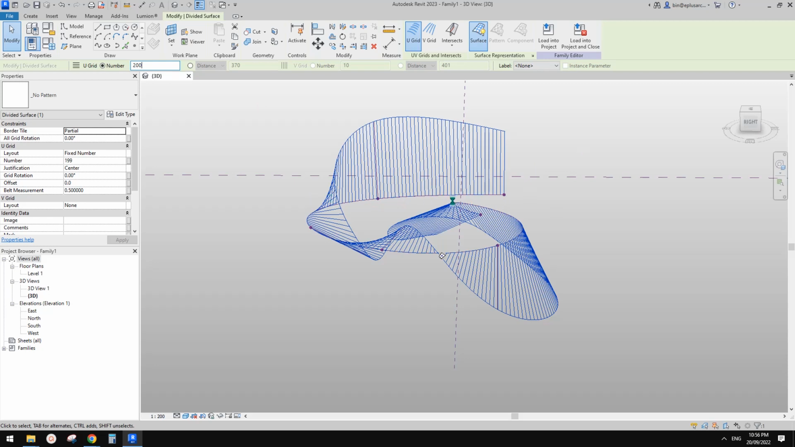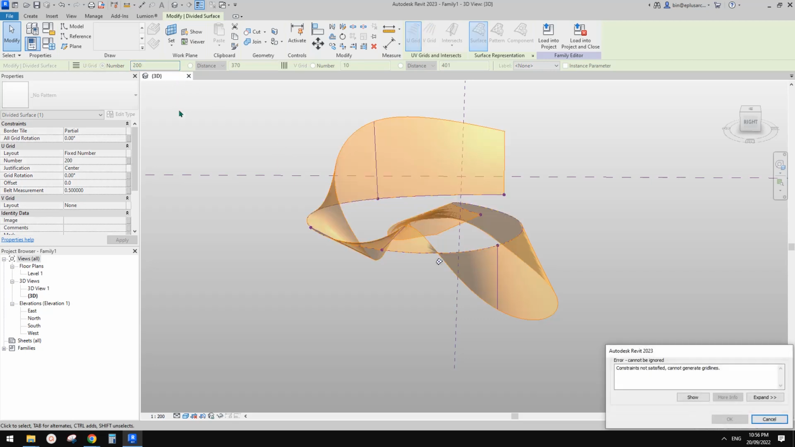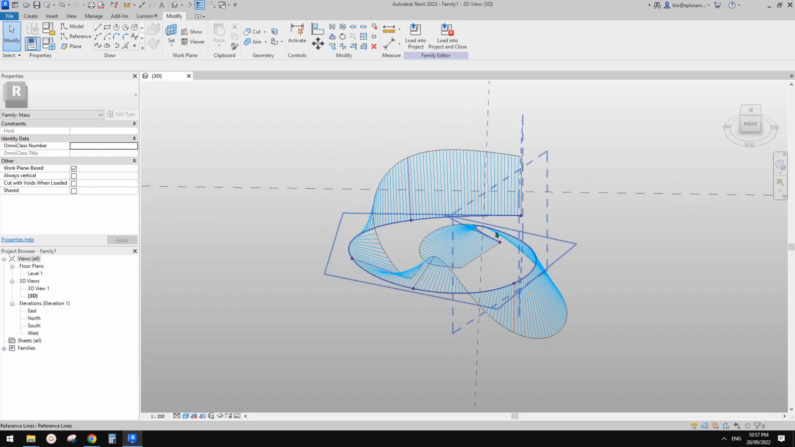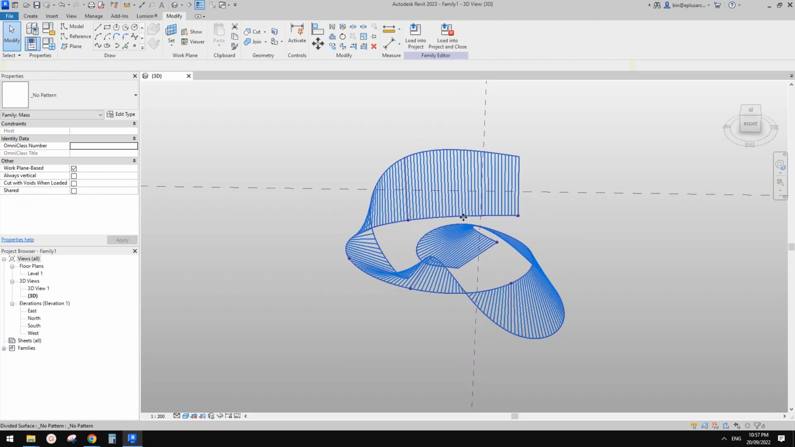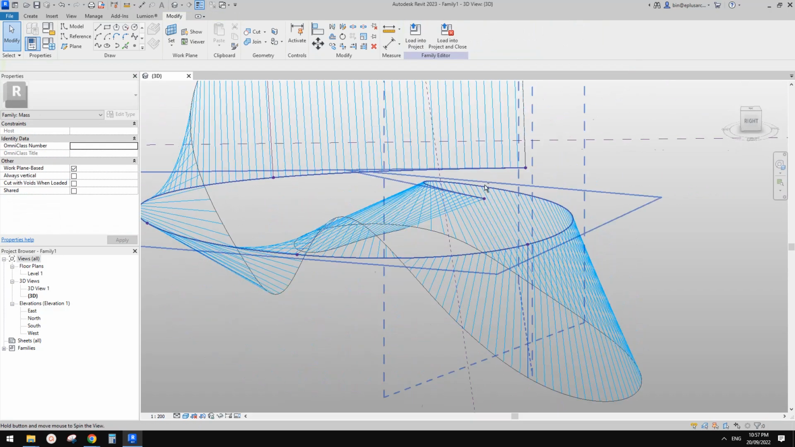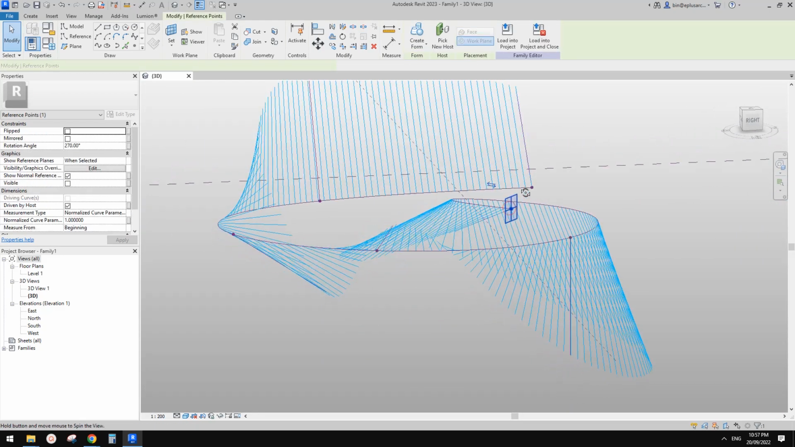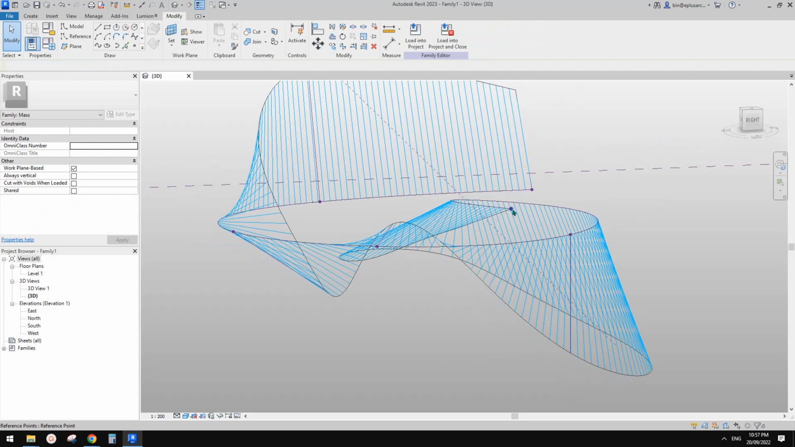Yeah, still working, but if you type more than 200, it will tell you, no, Revit can't do that. Maybe 199 is the biggest one. And okay, so now we have these. So let me just drag this point. Hang on, let me just,